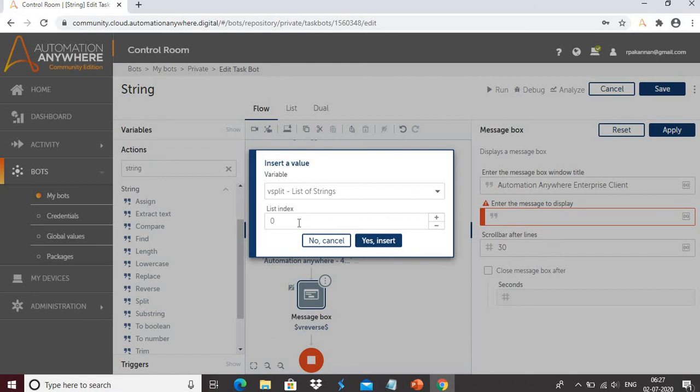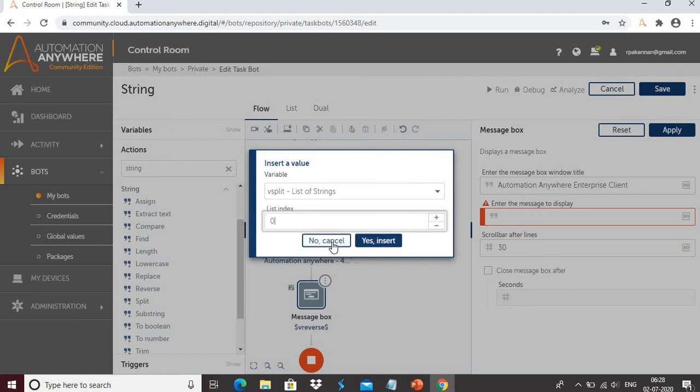This is a delimiter, right? So the first value is automation anywhere and the second value is 456. That's the reason it mentions the index number. Basically the index starts from 0. Currently automation anywhere is considered as index 0 and 456 as index 1. So I need index 0 and 1.